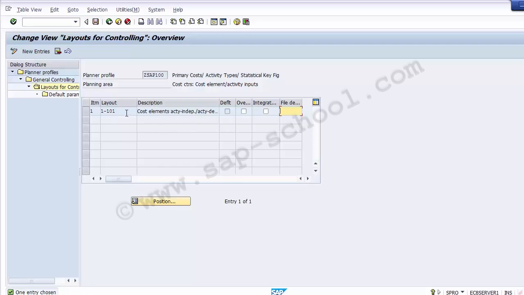Once you move to this screen, you can see a number of options over here: layout, description. What we need to do over here, one is a default, another is overview, next is integrated Excel, and the next part is file description. So you need to select one of these options. You have the option of creating your own layout. Now what we can do in this part is, you need to select this overview,